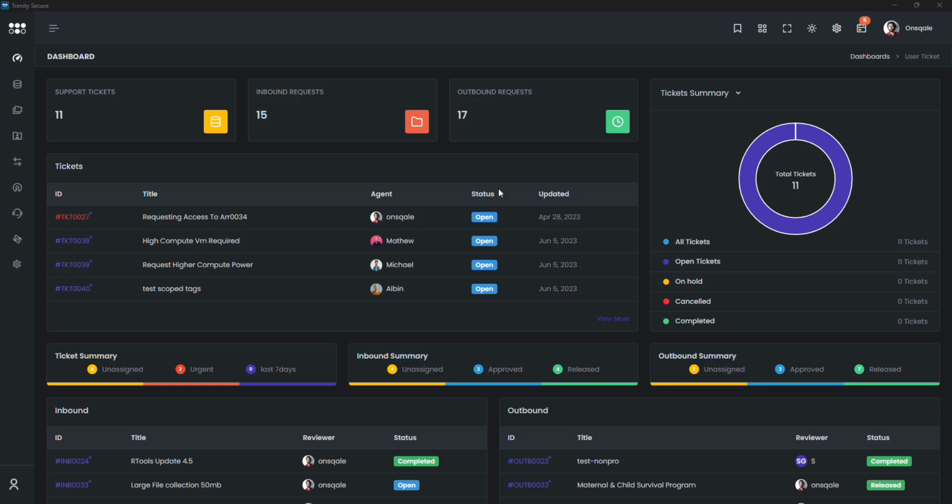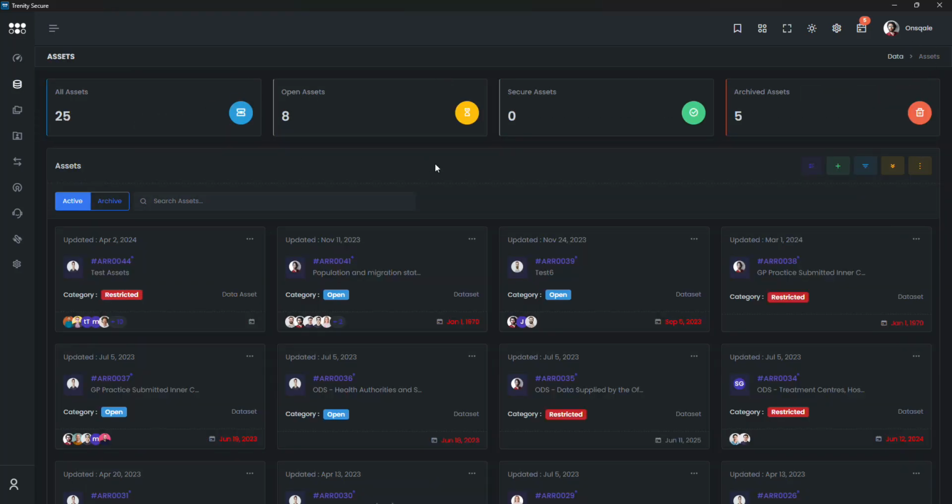Hello everyone. So today I'm going to show you how to manage assets in Trenity. As you can see, we are logged into Trenity already, and we're just going to navigate to the asset model. Now the asset model is divided into two components. We've got the asset manager and the data catalog, and I'm going to be running through both of them in